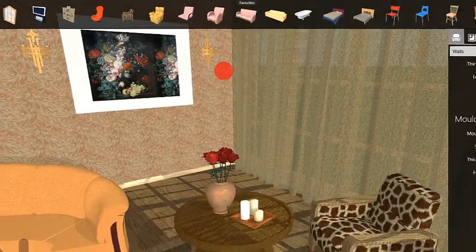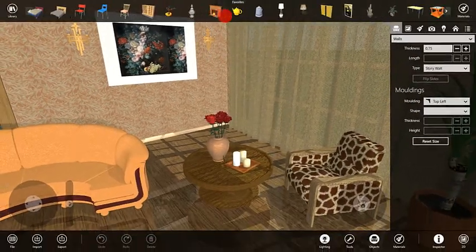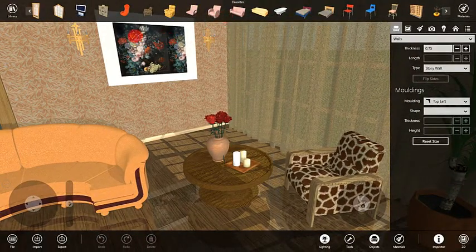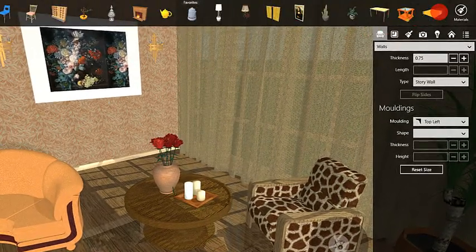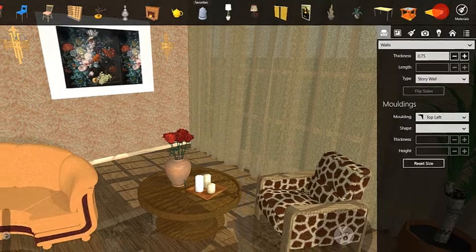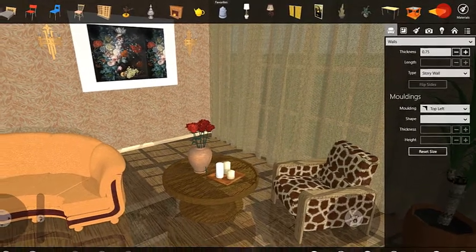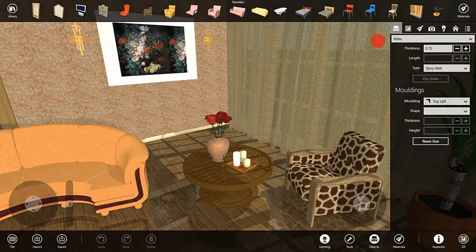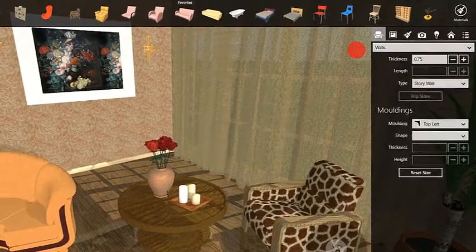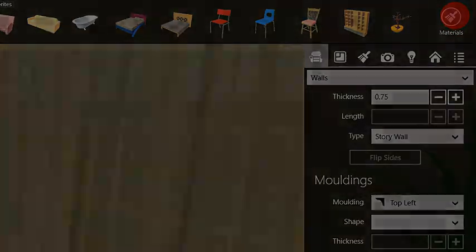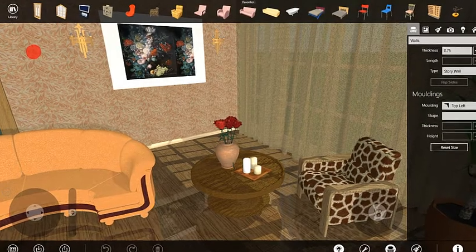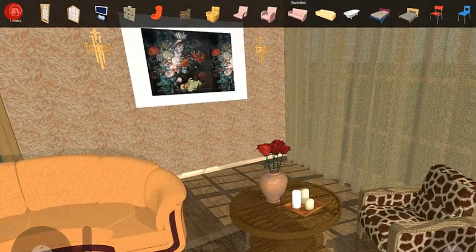To get to the objects that don't fit on the screen, scroll the palette using the mouse wheel, or click the arrows to the left or to the right from the object previews. These arrows become visible when you pass the mouse cursor over the previews. There are two buttons on the palette in the corners of the screen. The Materials button to the right displays the materials on the palette. The Library button opens a list of object categories.